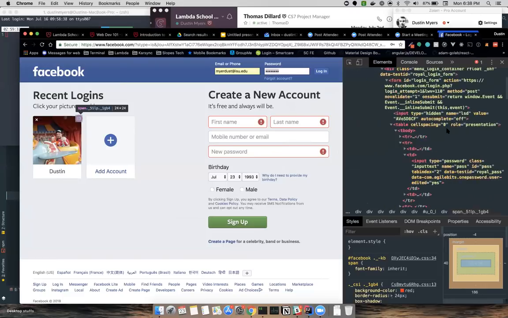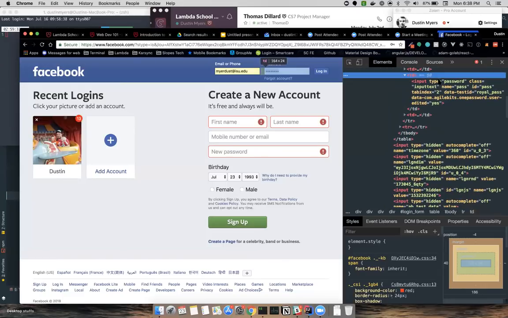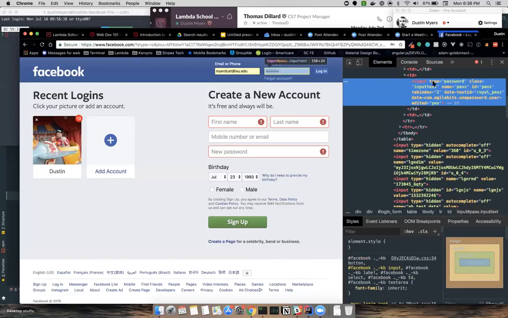Inputs work a little bit differently. So here's our password input. You can see that this input has the type password. If you go to your friend's Facebook, I might get in trouble for saying this, but I like to teach this because it's fun. If you go to your friend's Facebook page and they've got the password auto-filled in here,